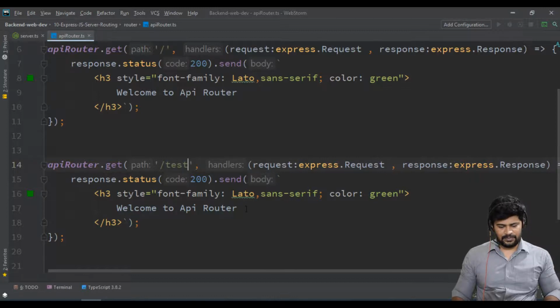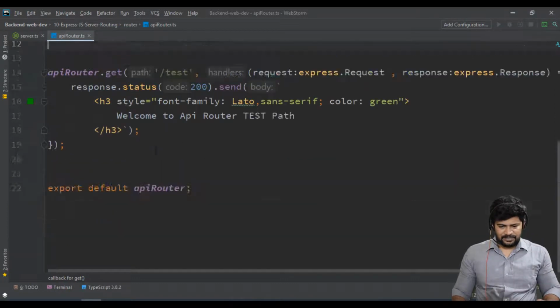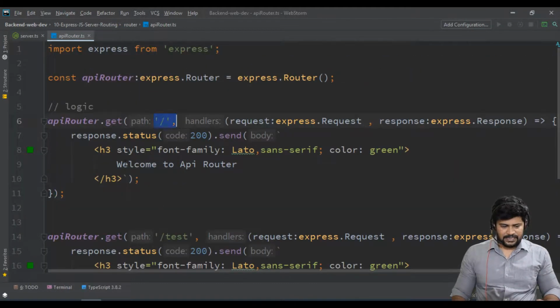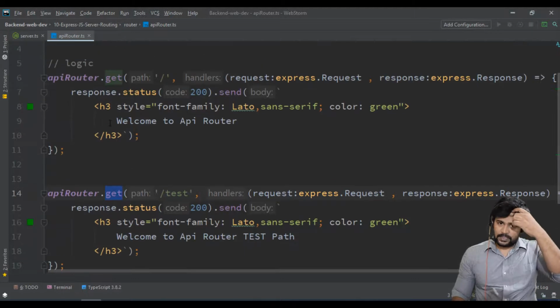Welcome to API router test path. This is for confirmation. So we have taken two routes. One is for the empty slash, welcome to API router, and slash test, test path, and both are actually get requests.